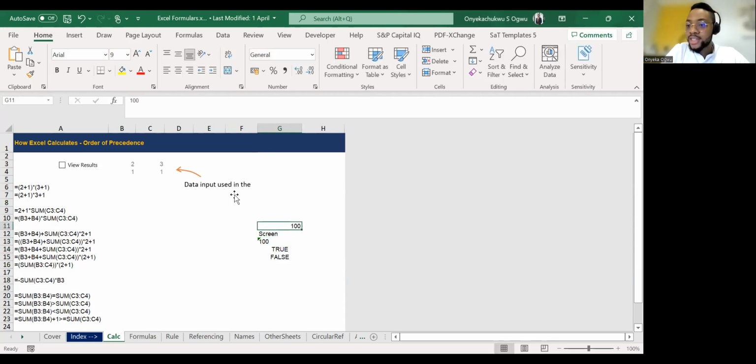The first thing we should note is that Excel formatting is very important. Excel formats every number to the right. So if we take a number now and write a number like 500, Excel will